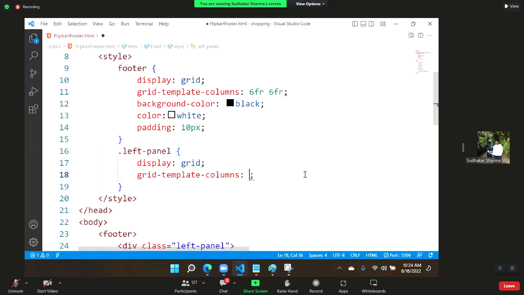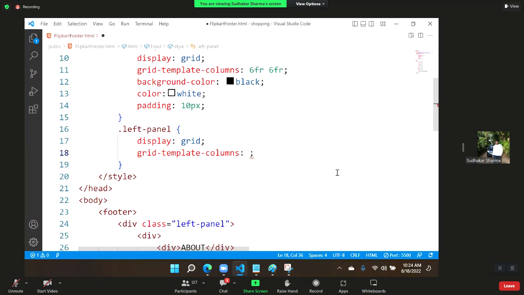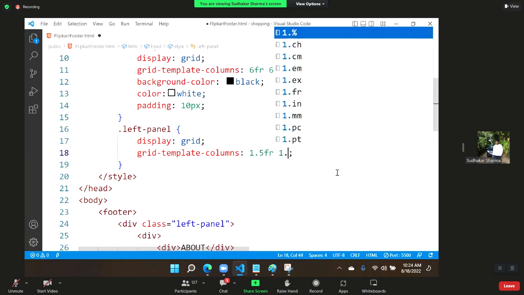Once a column is divided, that column can behave as an individual page size if you are giving fractions. So we can give divisions, or you can simply give how many columns we want. 4 columns we want. In 6 I have to divide 4. Then usually what we do? I can give 1.5 fraction,